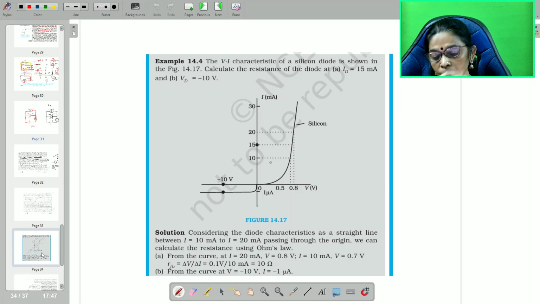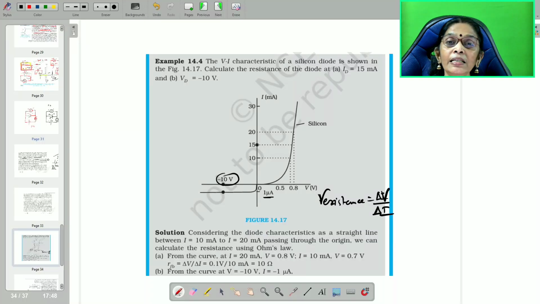Therefore you can take one example of the reverse bias current. You can see here 1 microamp at 10 volts reverse voltage. If you want to find the reverse bias resistance, R is equal to delta V divided by delta I. But is there any change in the voltage? No change in the voltage, almost zero. So therefore infinite. From the curve, V is equal to minus 10, I is equal